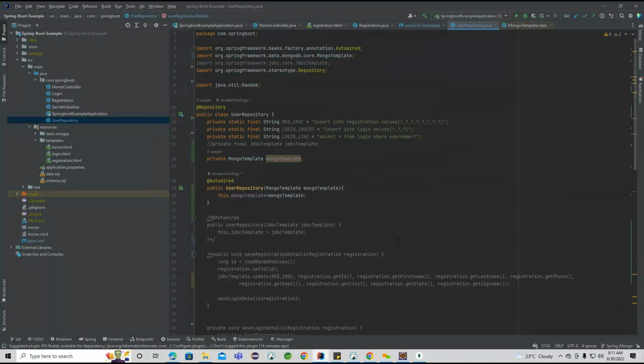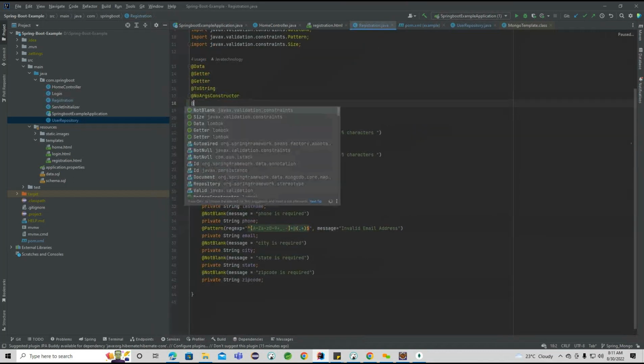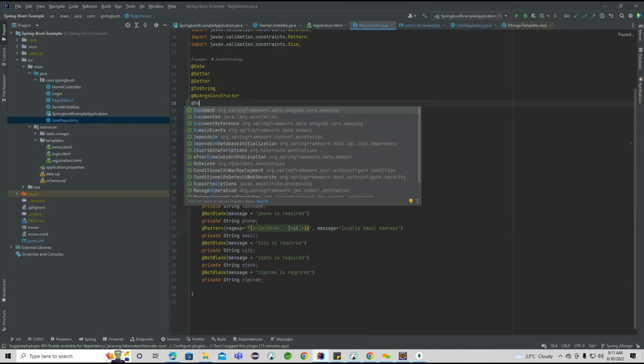But now if I want to save this particular object, in the Hibernate template we are using an entity annotation. In the same way, here we need to use some other annotation. So what is the annotation we need to use? I'm going to show you, here we are going to use a Document. This is important because in MongoDB, whatever table we are going to create, it is going to store as a document type instead of raw type. Basically,